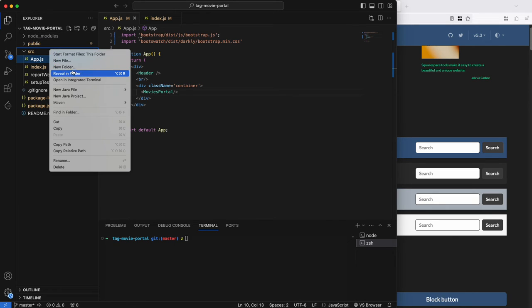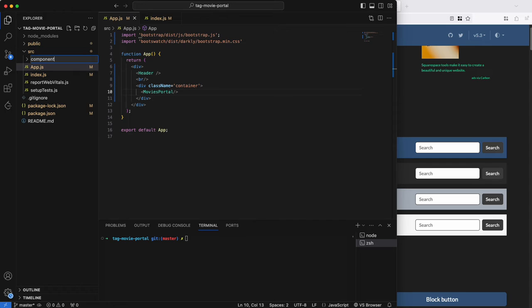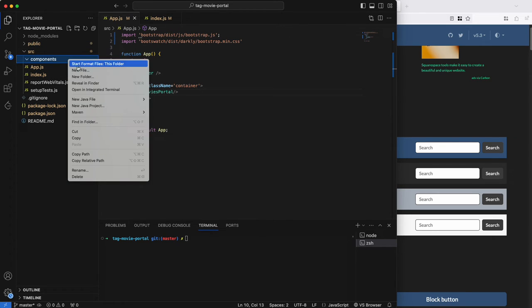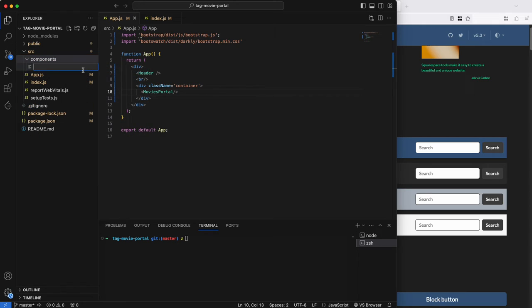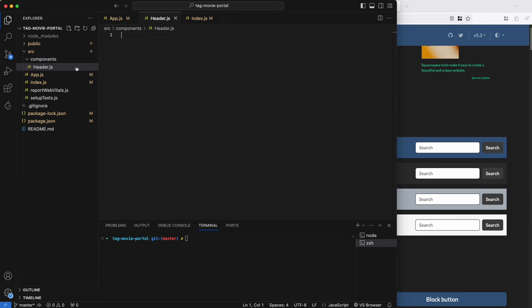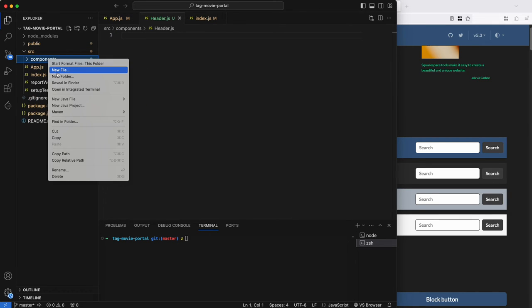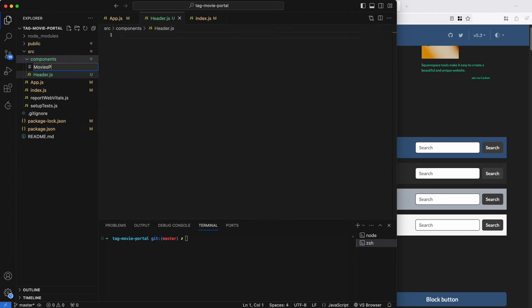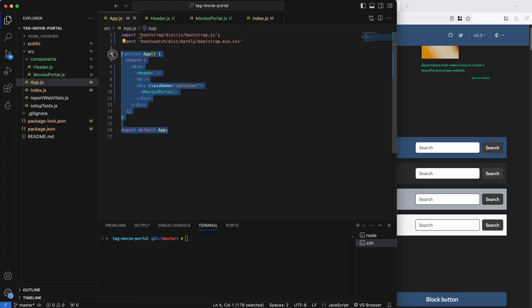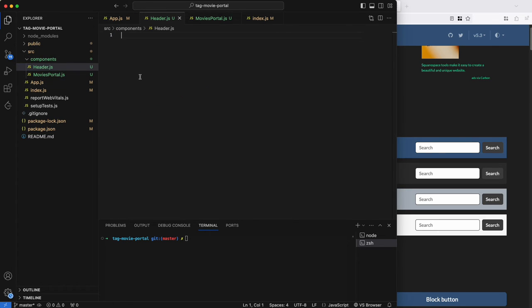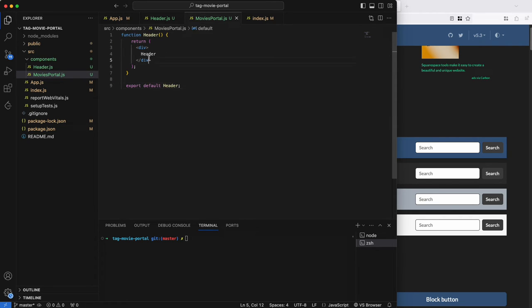So over here, usually I create a folder called components, and you can create subfolders as you want, but we'll first create a header.js component and another file called MoviePortal.js component. We'll just start by making them really simple components. So we can just put something as simple as this for the header and something very similar for MoviePortal,